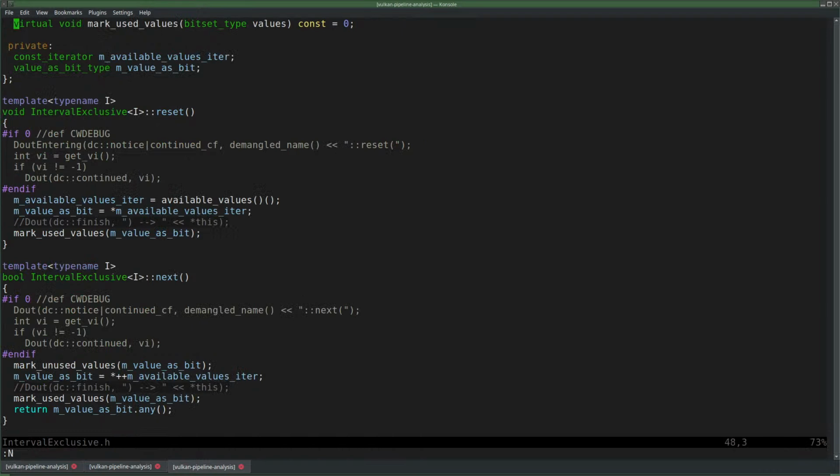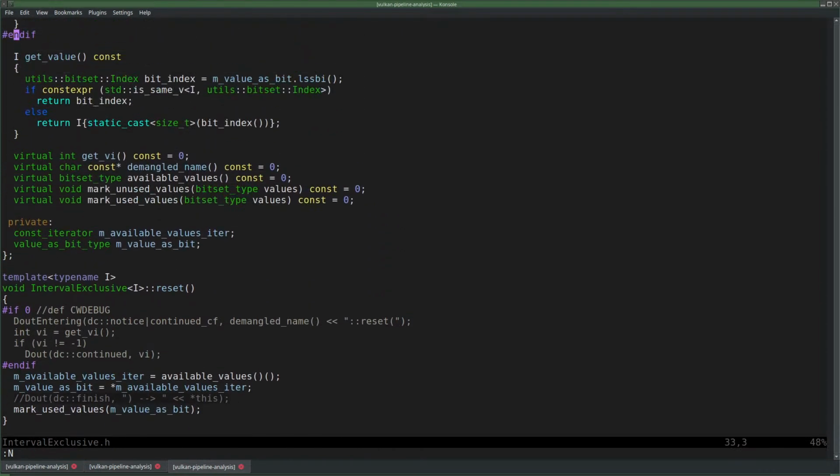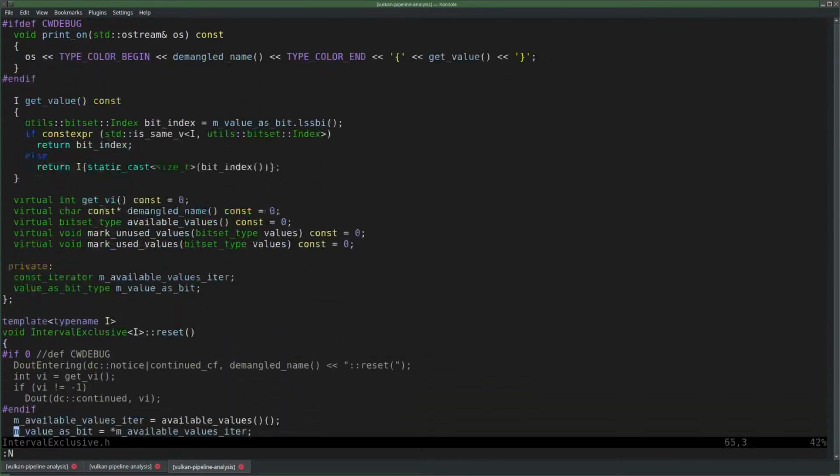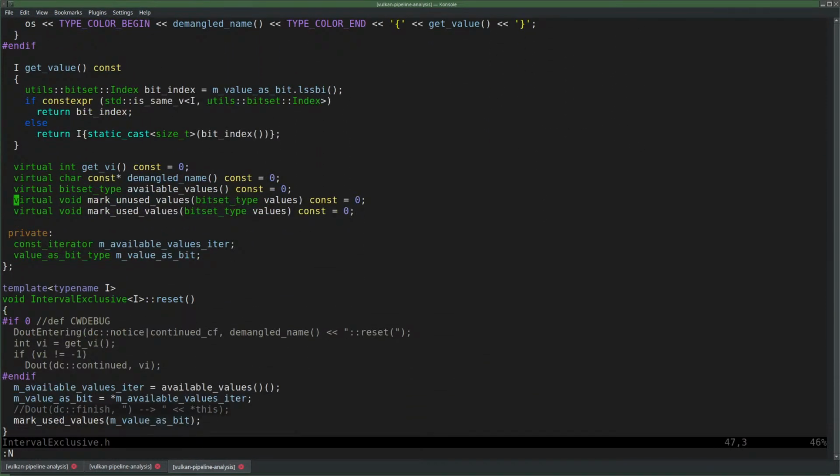Does not have a virtual function. It does. See, great. Interval exclusive is also using. Well, it's not really a demangled name, so it's kind of confusing. It's just a name, but okay. It used to be maybe a demangled name, I don't know. Anyway,